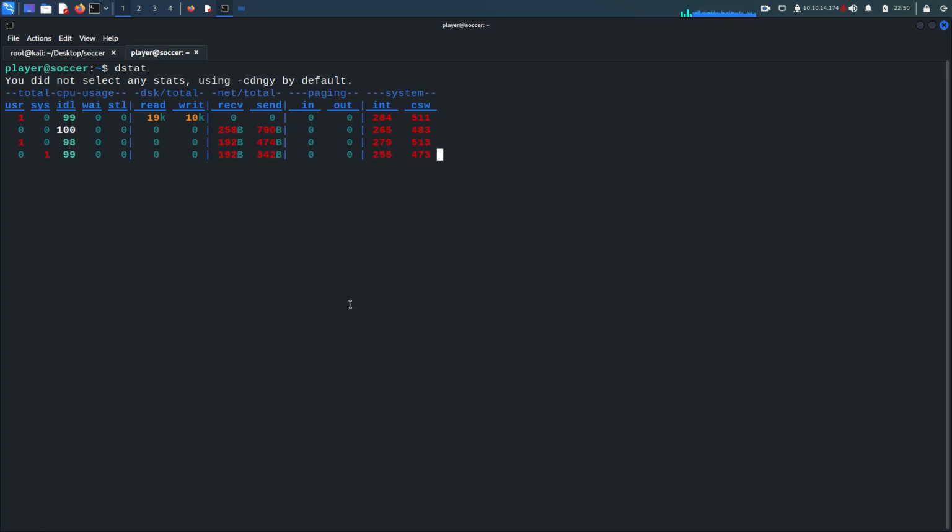Okay, so it is actually like a system monitoring tool. You can see the CPU usage, memory usage, disk usage, network usage. Here you can see reading, writing, bytes sending and receiving. The system monitoring tool, or you can say system health monitoring tool. And what you see in the dstat file